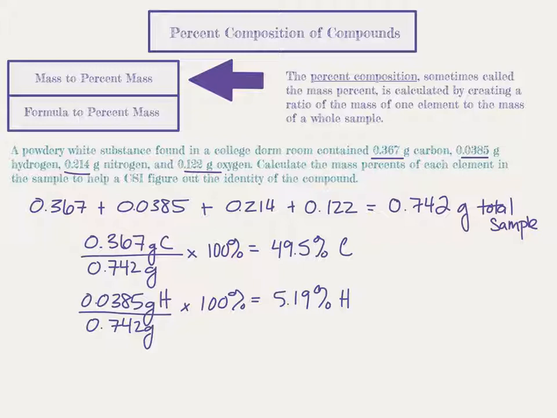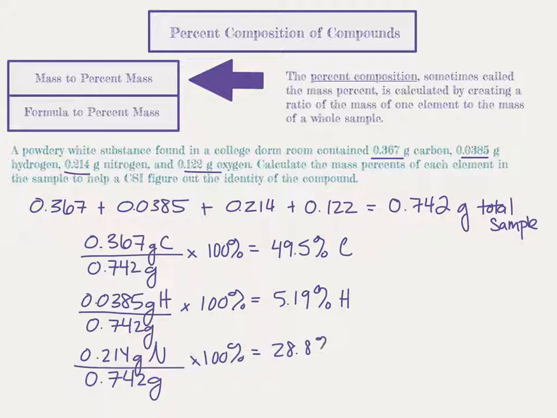So let's figure out the nitrogen next. 0.214 grams of nitrogen divided by the total mass of the sample times 100. This gives us a percent of 28.8. Now, finally, for the oxygen, 0.122 grams of oxygen divided by the total sample times 100% yields